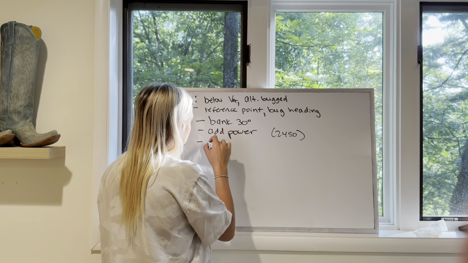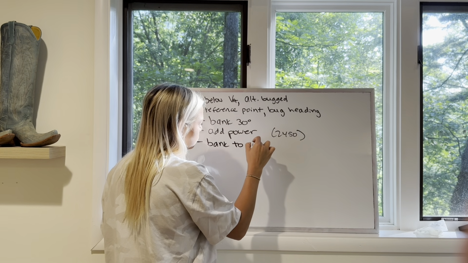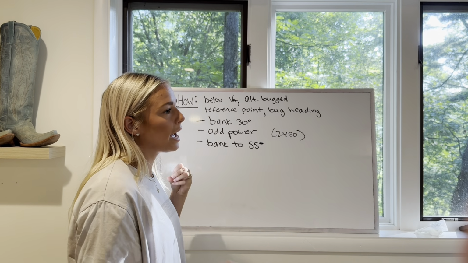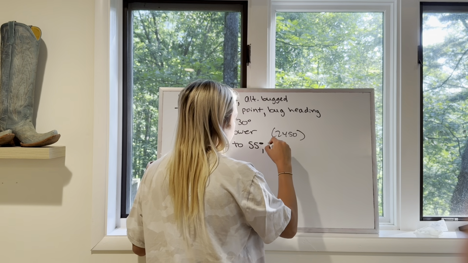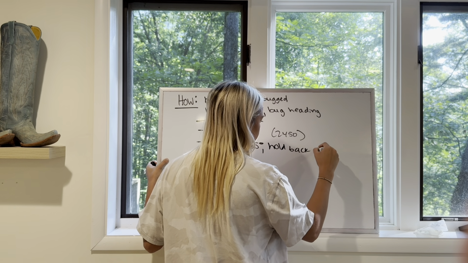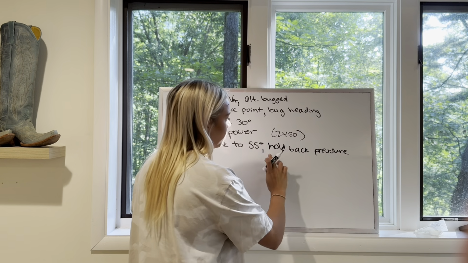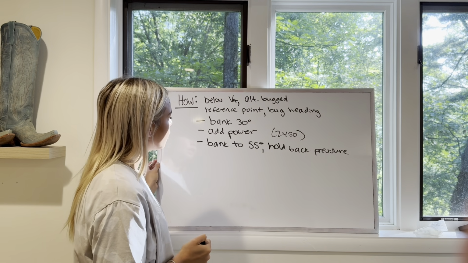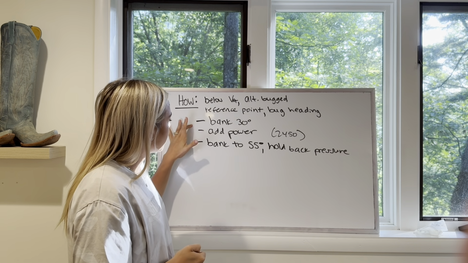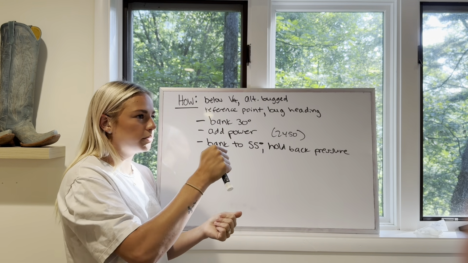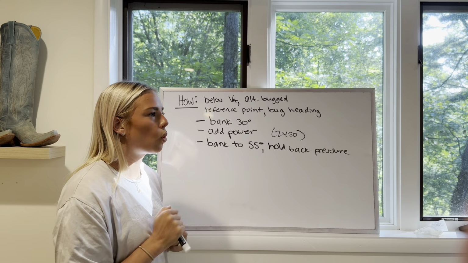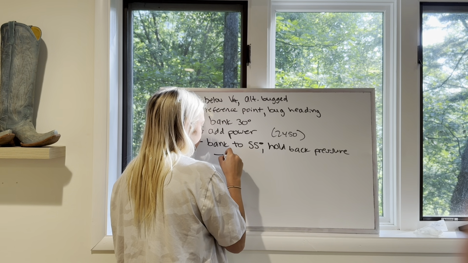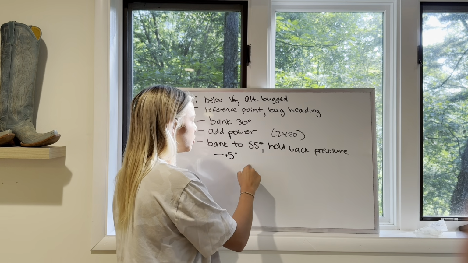Then I continue to bank, let's do it to commercial standards. I continue to bank to 55 degrees. As you're banking to 55, you're gonna have to start applying some back pressure, because as that bank really steepens, we're gonna start to lose a lot of lift. So bank 30, add your power, and then as you're adding power, continue to bank 55 and then hold back pressure. I like to hold back pressure to around +5 degrees on my attitude indicator,